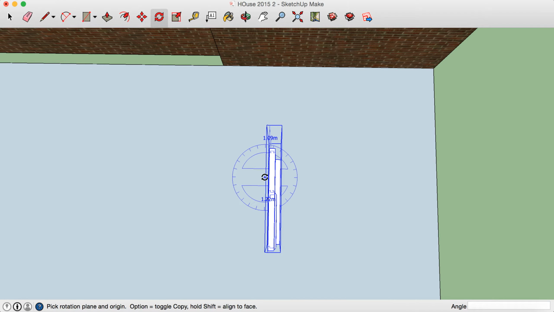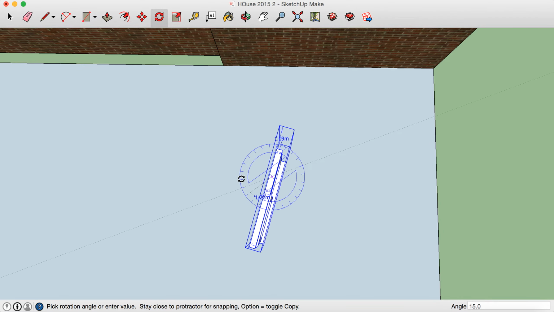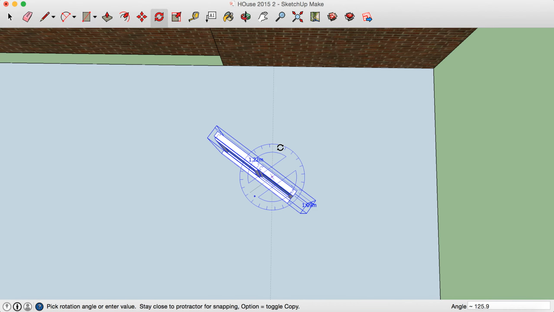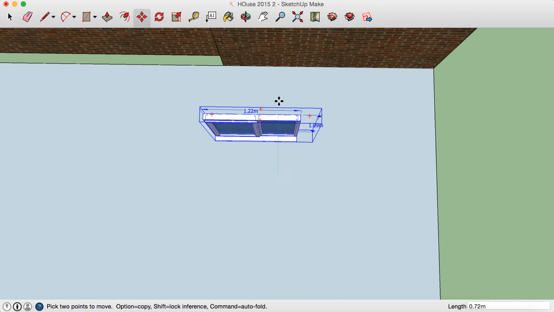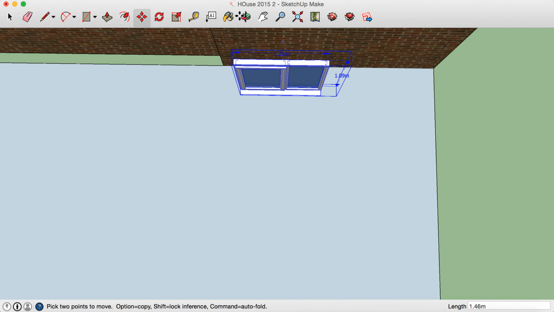Now this is where you have to be a bit careful how you do this. Put the rotate tool on top of the object you want to rotate. Click your mouse once, not hold down, just click. You'll notice that it will start spinning round the protractor. So click again, and again don't hold down, just click, and then you'll be able to rotate the object. So rotate it to what you want, and then click a third time to place it, and then from there you can use the various tools to put the window where you want it to go.